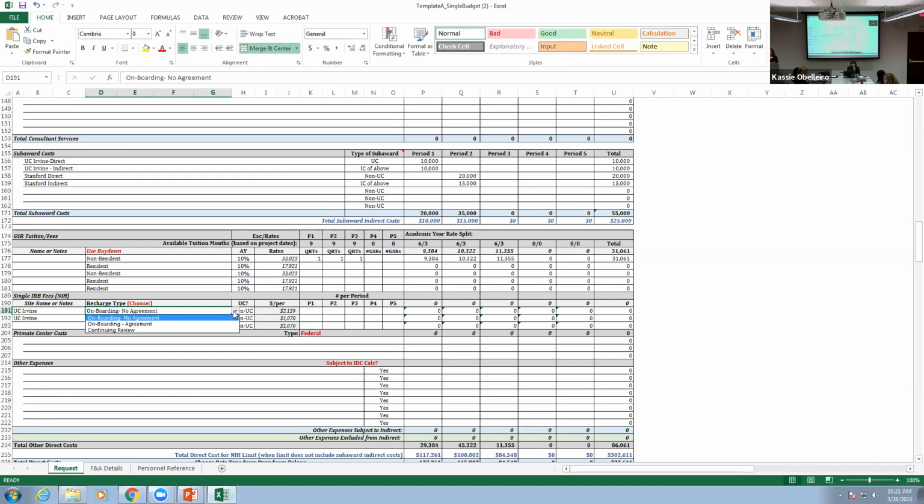And now our choices are onboarding agreement and no agreement. So an agreement means UC Irvine and us already have an agreement for a shared IRB, and we've decided to use it for this particular project. So that means in order to say that you have an agreement and you're going to use it, you really have to get the IRBs to talk to each other at time of proposal, which is sometimes not feasible. And in those cases, you may just want to say no agreement because that's the max they could charge you. And if something happens and you're not using that agreement, this is your best estimate. If you feel like it's pretty sure thing and you're going to use the existing agreement, then you could choose agreement